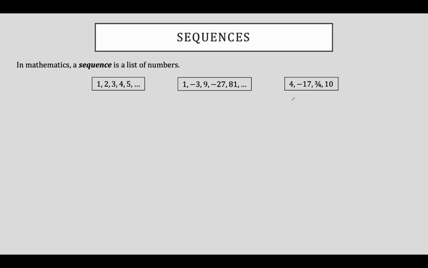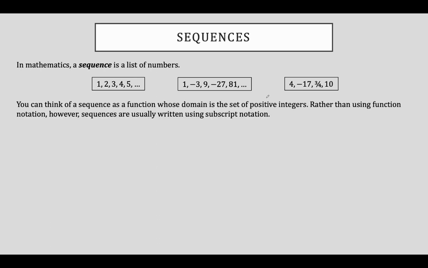Now, more often than not, there is some sort of pattern between each of the terms in your list of numbers, right? But there does not necessarily have to be a pattern. You can think of a sequence as a function whose domain is the set of positive integers. Rather than using function notation, however, sequences are usually written using subscript notation. Function notation, you are all familiar with. We use f of x to represent our function values. Instead of using function notation, we use subscript notation with a subscript n representing each of the terms